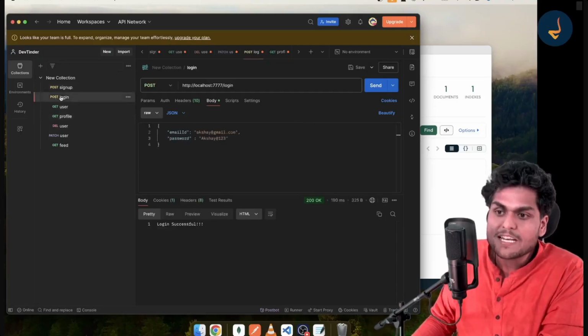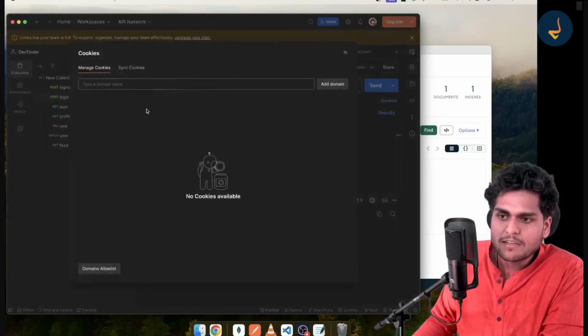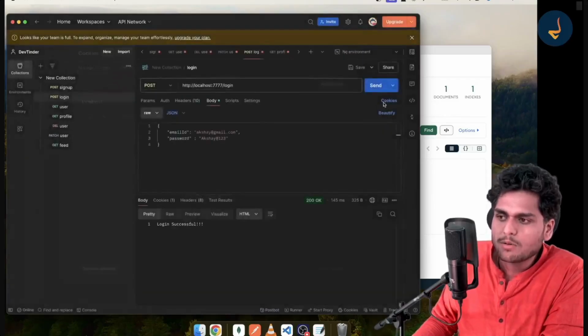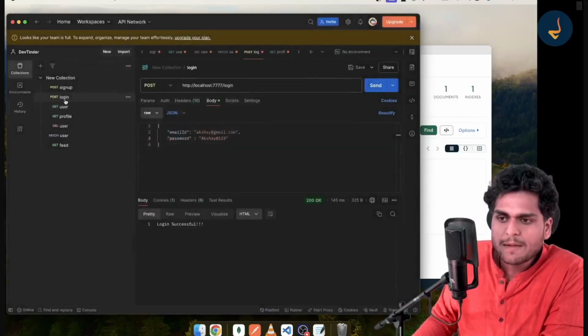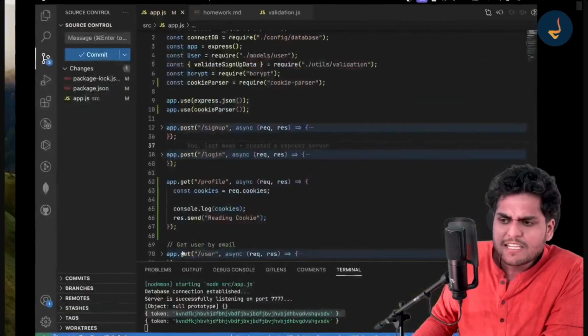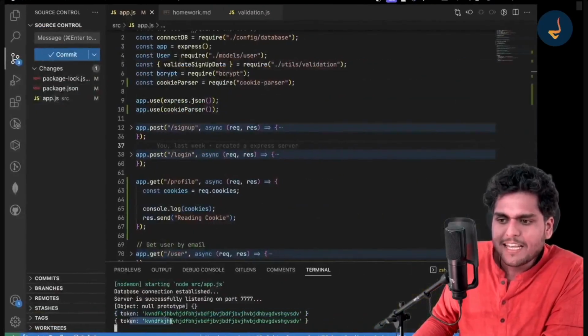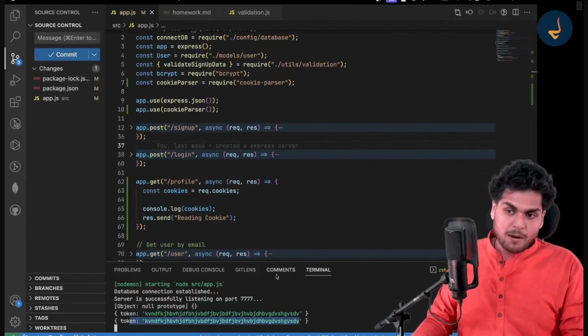So what happened is, when I clicked on login and sent it, the cookie was added, right? I'm not able to see the cookie. It happens twice, see this. The token was added, right? Now when the token is added, if I go to profile, it will just read the cookie and return it, right? But let me tell you one